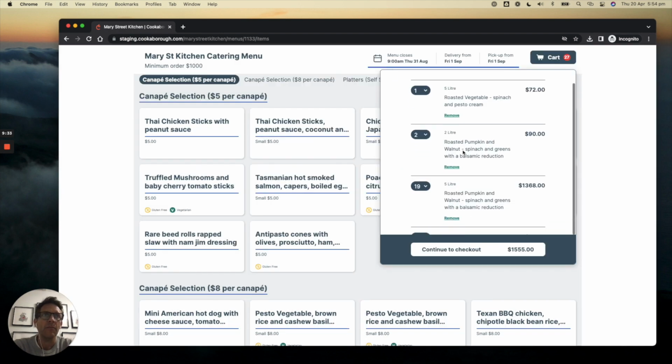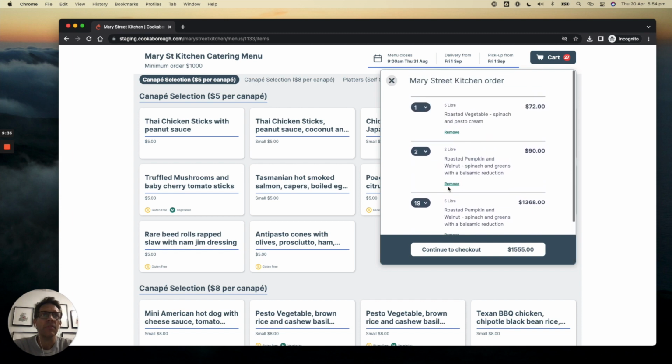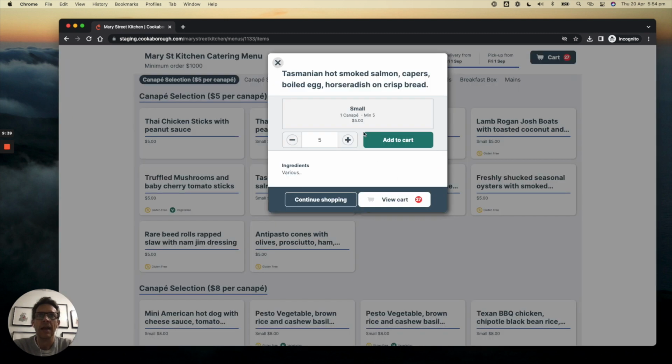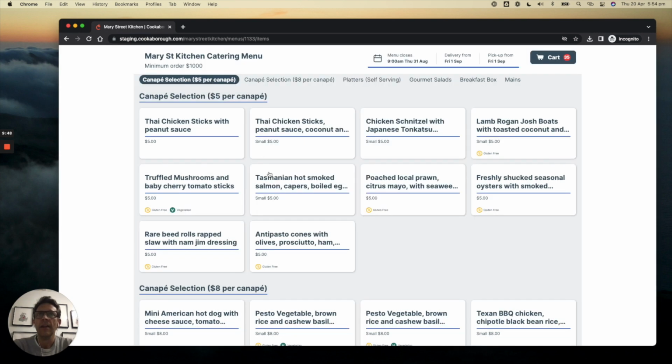You'll see here that I've been in here earlier. So that is how that works. Let's have a look at another one. I think same thing, minimum quantity 5, and then I can add additional units to the cart. So that is how